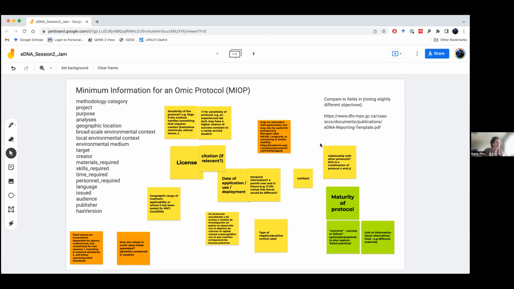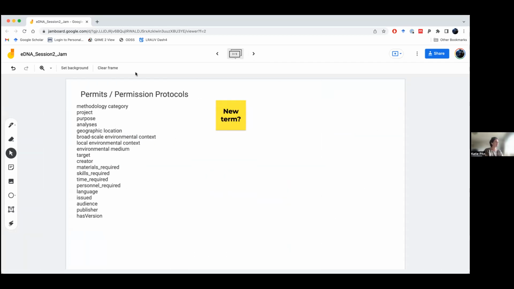So I just wanted to say that that leads into the last question I had today really well, because we're talking about our minimum set, but we had also talked about whether we should have potentially new terms that are specific to different types of protocols, so permits or permission or experimental design, or, like we were just talking about, specifically for metabarcoding or for certain purposes, when you might want a very specific set of additional terms that are necessary and that really help you compare protocol to protocol.